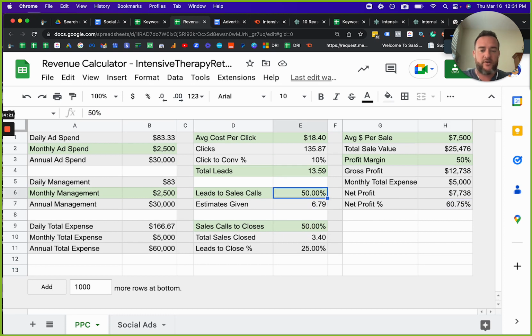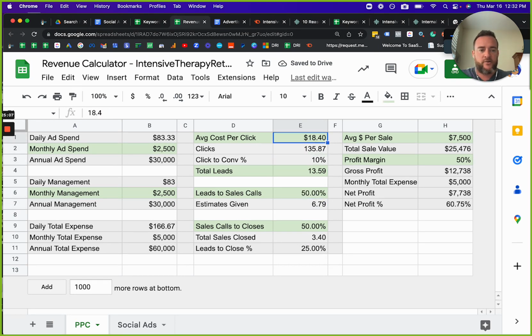So next, when it comes to sales calls to close and lead calls, this is something that you can always work on. It's something that you want to keep a finger on the pulse of, because a nominal change here, let's just say you get more people on the phone because the follow-up is optimized more and you're sending more information, you're getting people more interested without even getting them on the phone at first so that they're more likely to book that call. Let's change that to 60. Your net profit's now 67%. So just a 10% change, meaning that you get one or two more people per month on the phone, can have that big of an impact. Almost a 10% change in your net profitability when investing in these advertising campaigns.